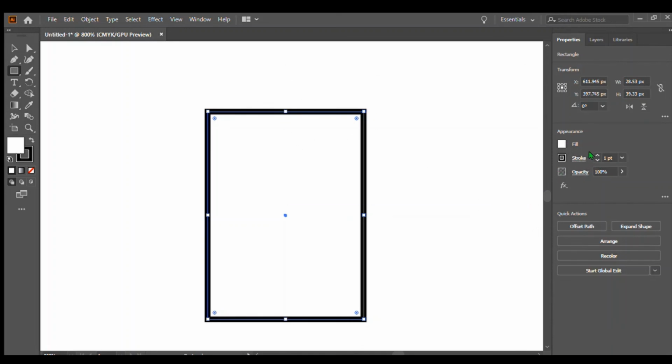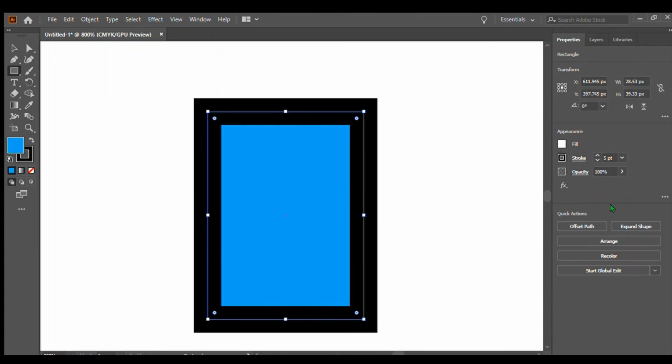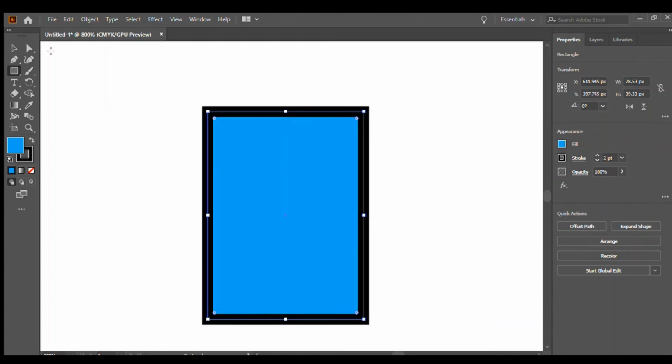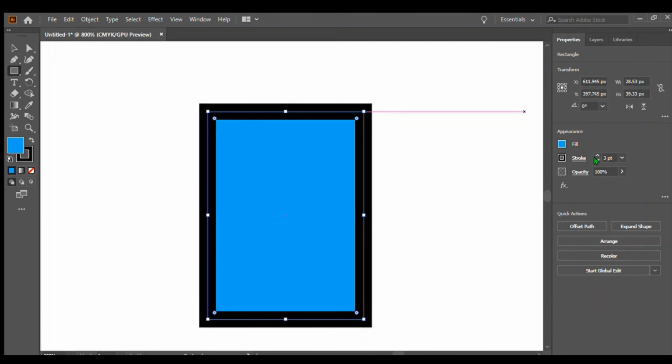We're exactly going to make it this thick. I know that's a lot, but trust me. So we're going to keep it like this and fill it with a blue, or you can lower it just a little bit. And we can leave it like that. Then I'm going to pull this down a little bit to make a bit of an iPhone shape,